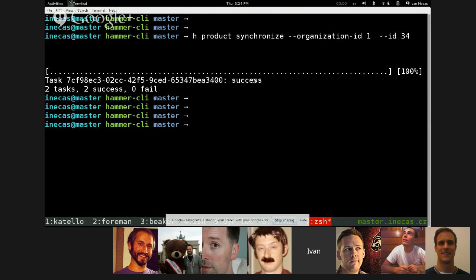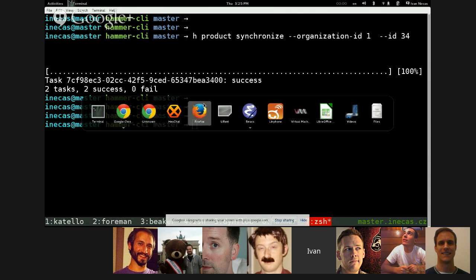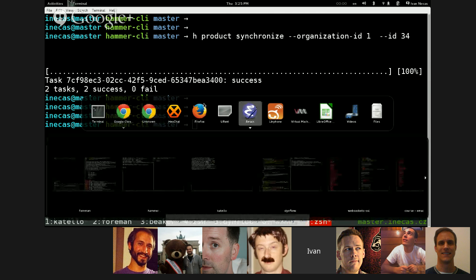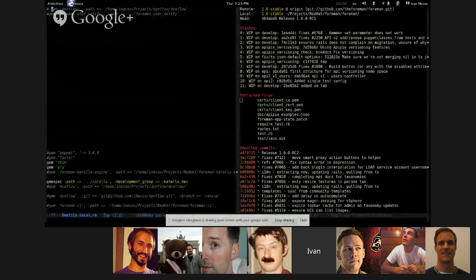And that's probably it. So the important thing is that we now have the syncing of bulk actions through the Dynflow, and every Dynflow action that we have right now in Katello can be turned into a bulk action. So if we have deletion of, let's say, 5 repositories, we can go and maybe, I'm not sure how interested we are in